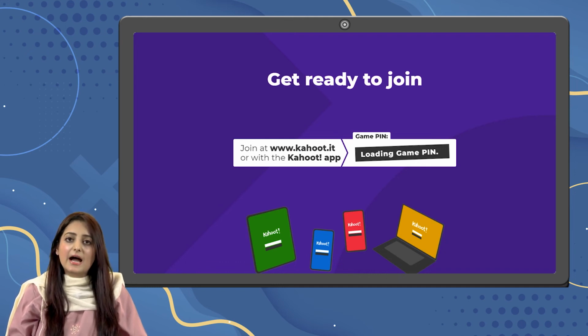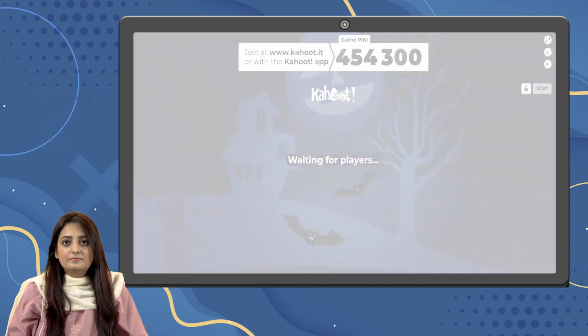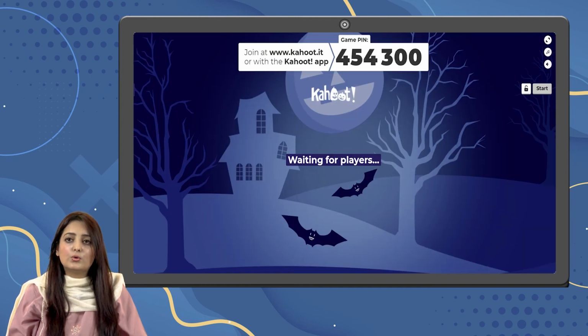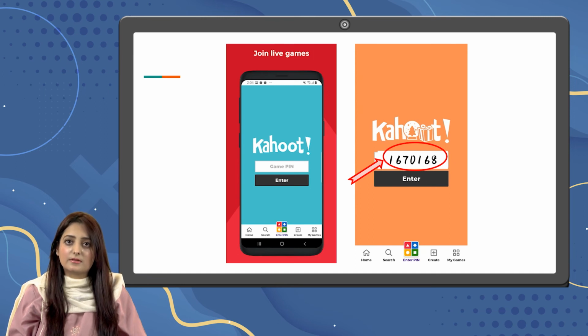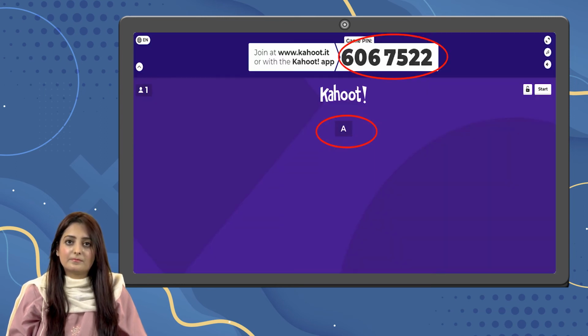After some time, I will select Kahoot pin code. Remember that you are required to share this game pin with your students. Students will enter this game pin and they will choose the color codes to share their responses. This is the Kahoot pin code. After entering this pin code on mobile, students would be able to see the questions on their screens. They will also enter their nickname.